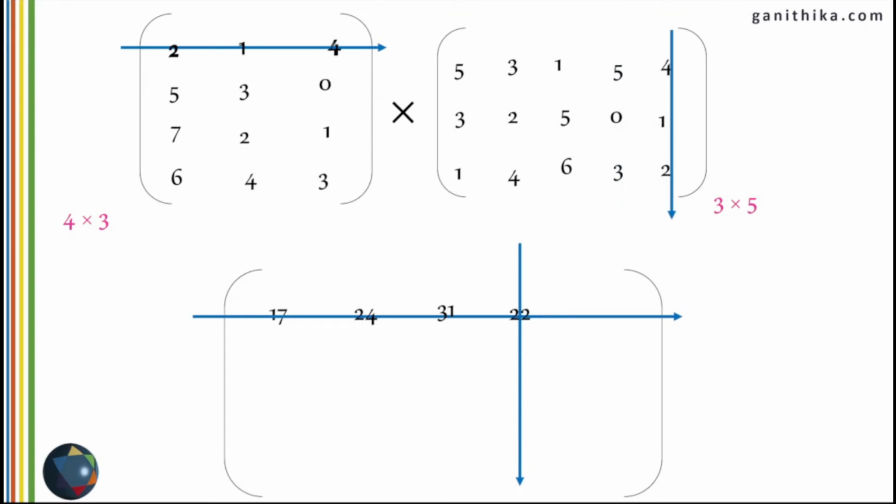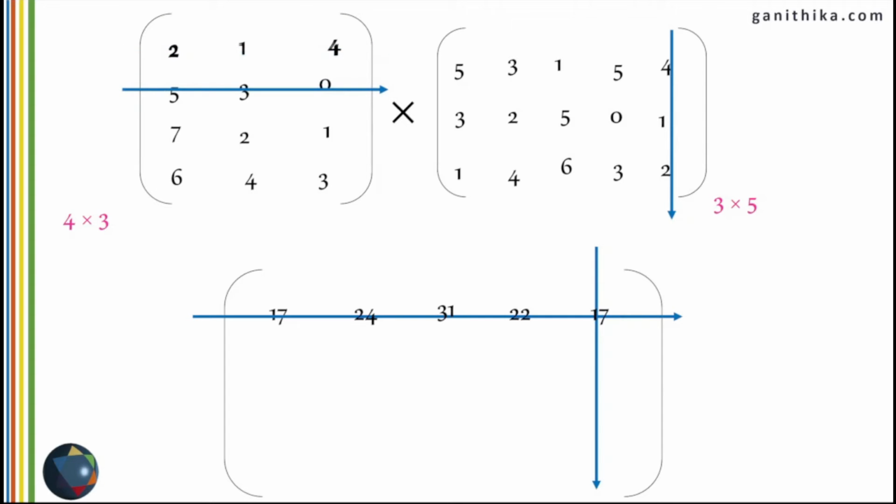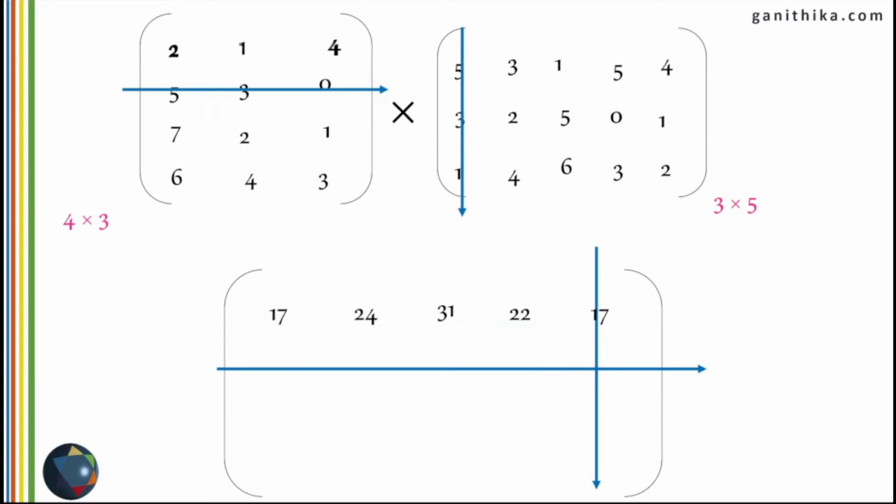And moving on to this last column of the second matrix, you will get the last column of the answer matrix and the answer is going to be here. Multiplying the corresponding elements and adding them, you will get 17. Now there are no more columns in the second matrix. Therefore, you will move the rows of the first matrix to the second row and start with the first column of the second matrix. But at the same time, you will also move the answer matrix to second row, first column, and your number is going to be placed here.